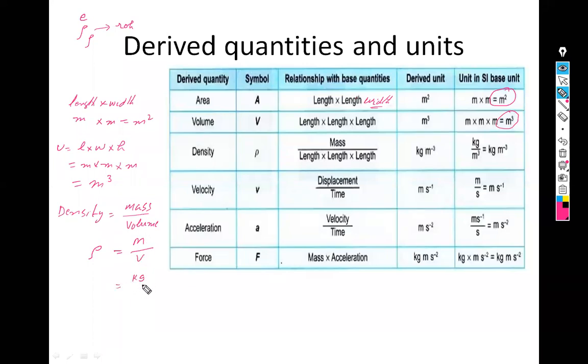What is the mass in kilograms? Everyone knows. And what is the volume in meter cubes? You know it very well. Then what should we know? The kilogram is the base, and meter is also the base. It means you can write it as kilogram meter to the power minus 3. When you take this from the denominator to the numerator, the sign of the power is changed. What is the derived unit of density? Kilogram per meter cube.